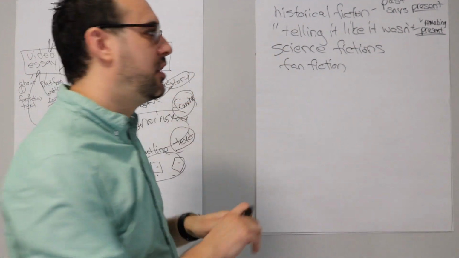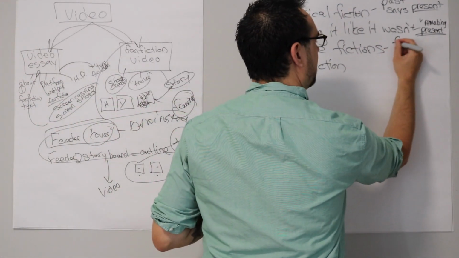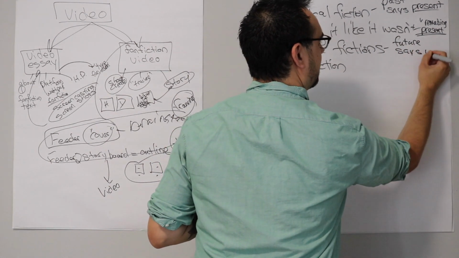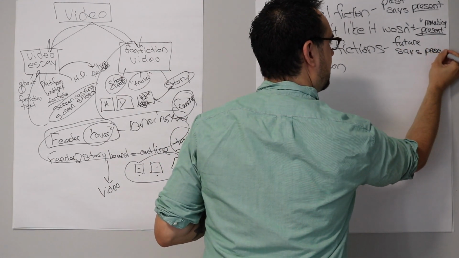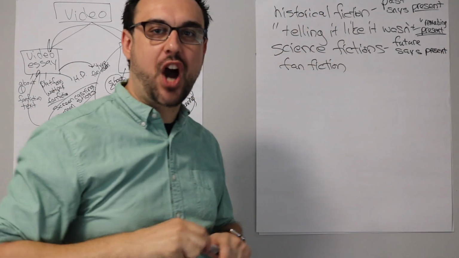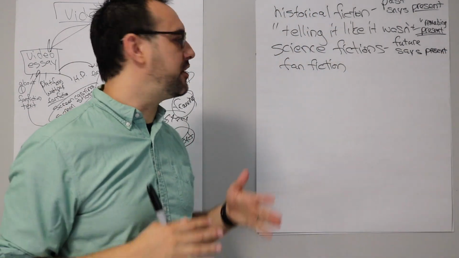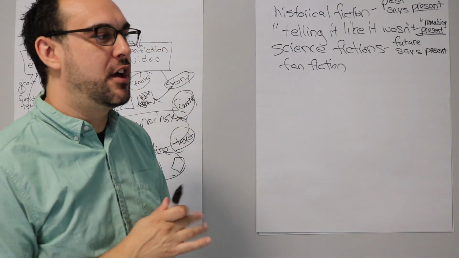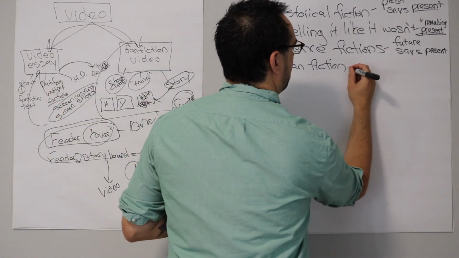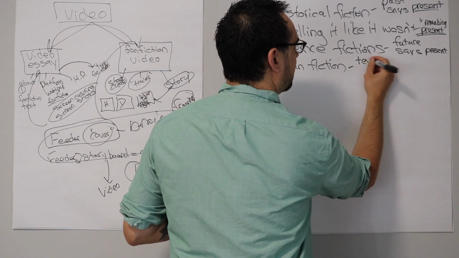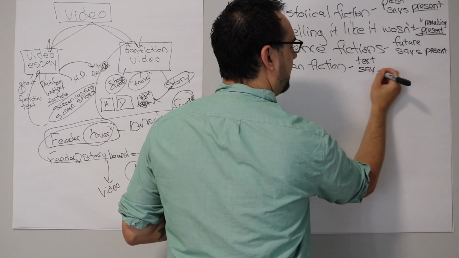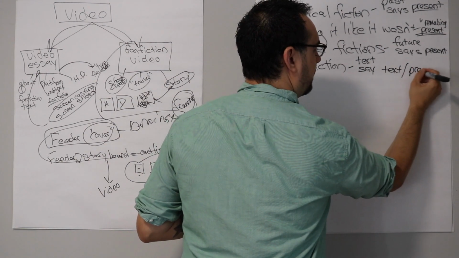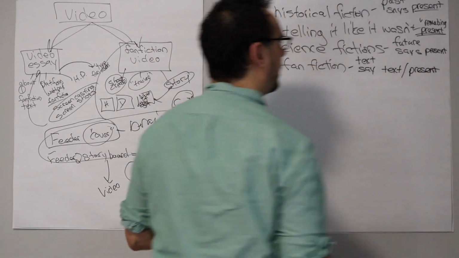And that says something about our society now. Science fiction goes basically to the future, right? But it says something about the present. Okay, these are different ways of commenting on our society. And so that's where I say fan fiction would be really interesting, to go to a different text to say something about that text or the present. Okay?